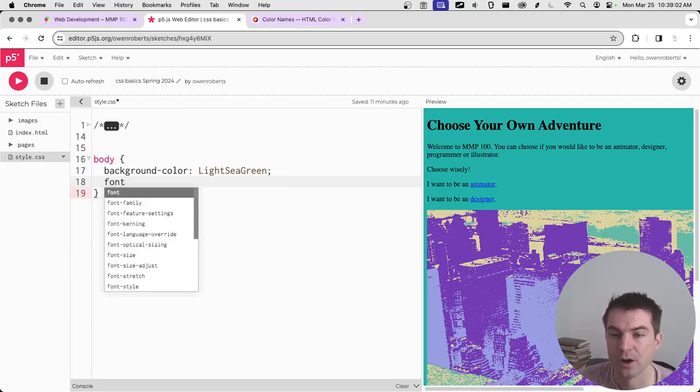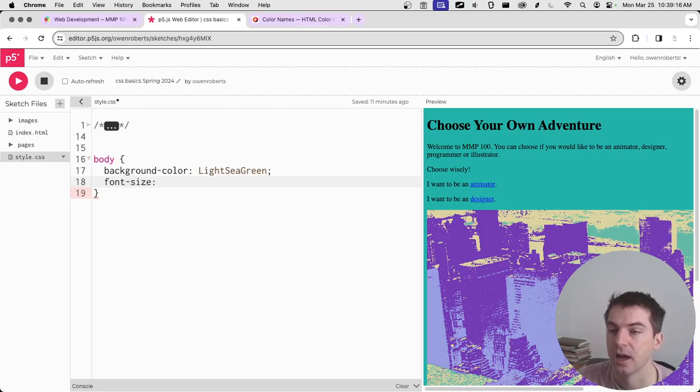If I type in font, you're going to see there's a lot of different rules related to the font. The font is just the typography that's used for the text, and there's lots of different rules that we can do with the font. So if I go to font size, I can change the font size. And there's different units for this. Units are different ways that we measure things. The easiest one to use is just pixels, which is px. This is really straightforward. The number of pixels that we put is how tall the font is. So if I say I want it to be 20 pixels, I think the default is 16,